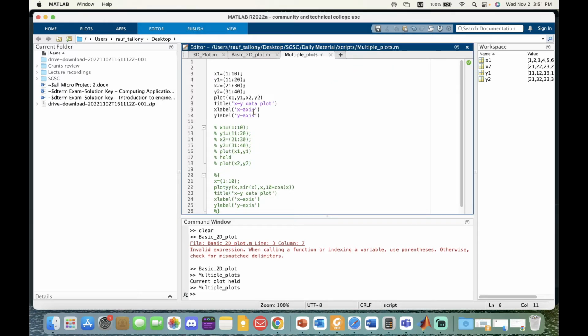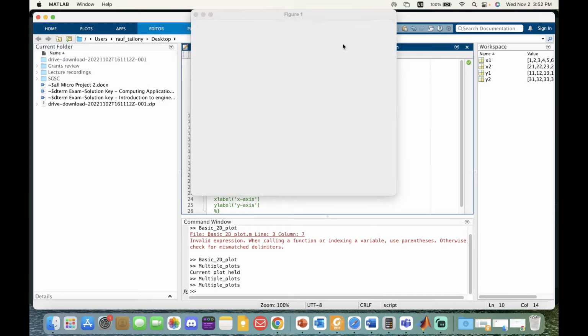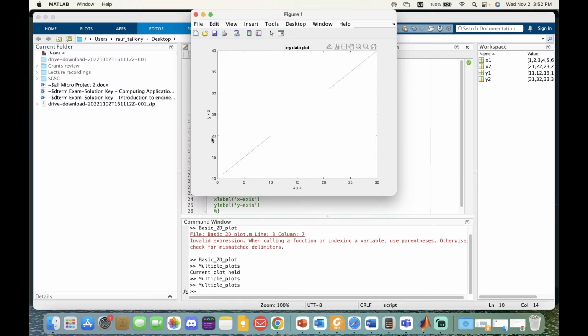Now I can change that and say it's XYZ here, and with space, whatever I want inside the quotation, YXZ. Then if you run it again, that's going to give you, see,